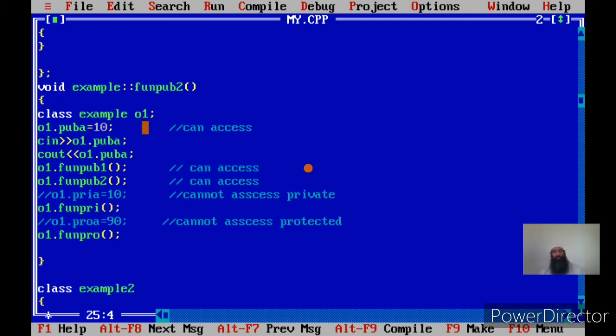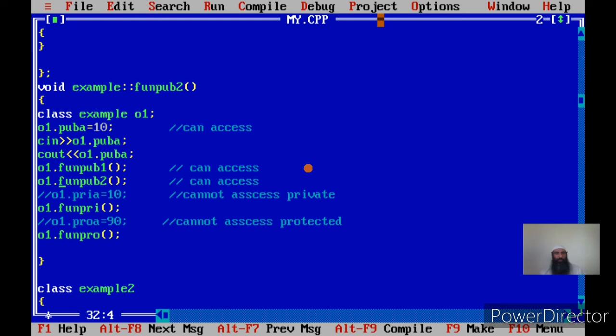In other words, O1 has been instantiated from example, and function pub2 is a member of example. For object O1, function pub2 is the member function because it's a member of the same class from which the object has been declared. Okay, so again I think it's clear now.